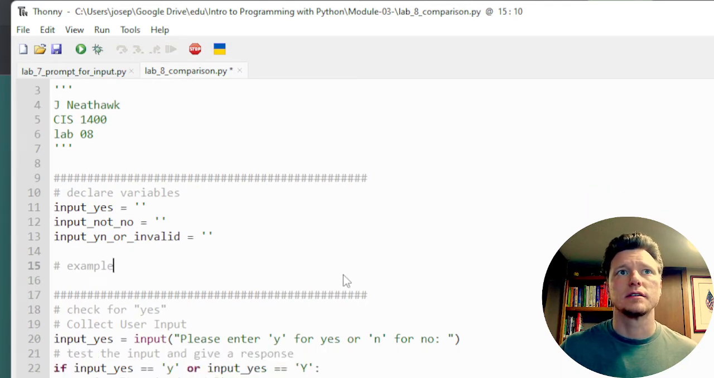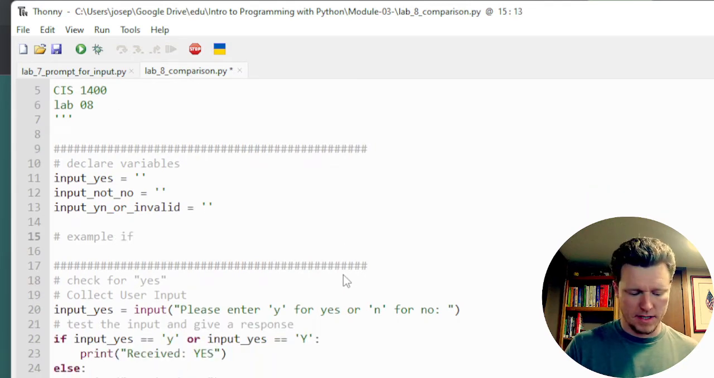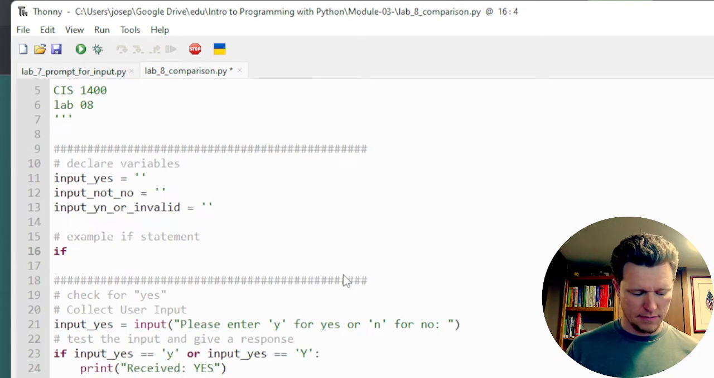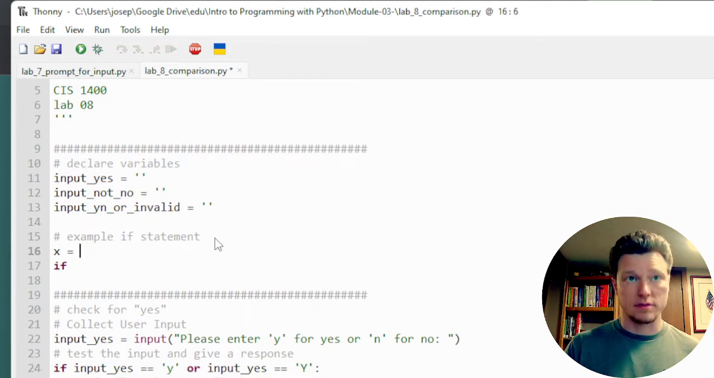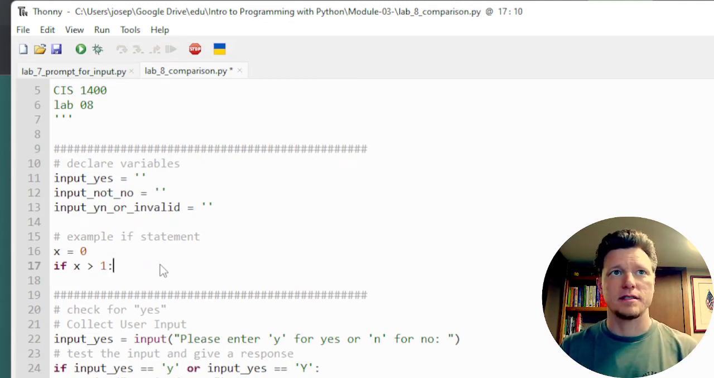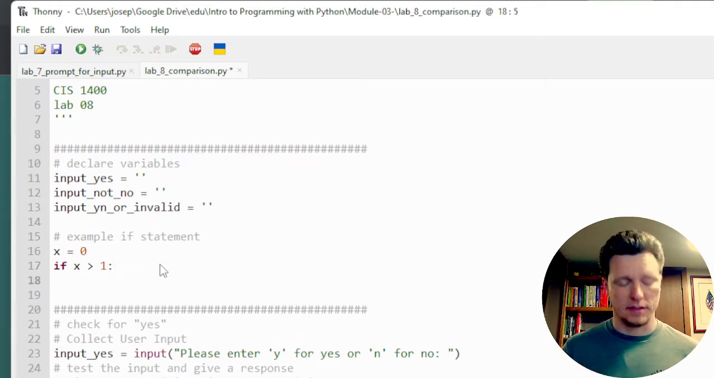If statement. Okay, so the keyword starts with if. And then I have a condition. Let's make a variable to start with, let's call it x equals 0. Okay, if x is greater than 1, so that's my condition statement. If x is greater than 1, if that evaluates to true, I have my colon at the end,